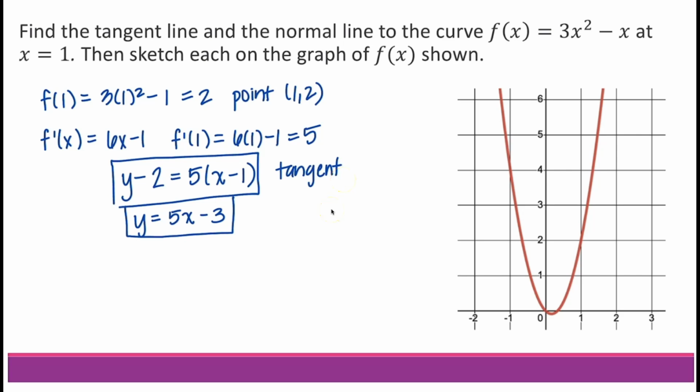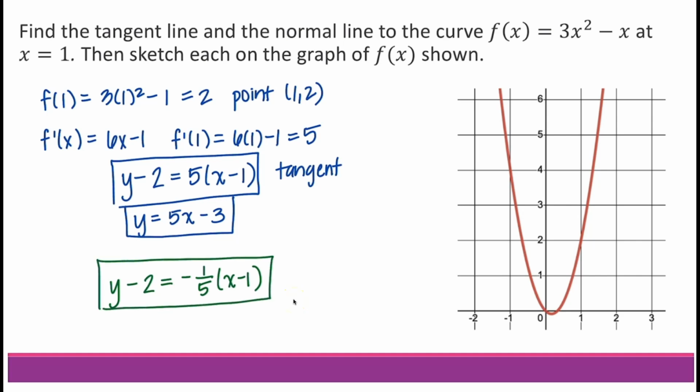Now, to find the normal line, I'm just going to change the slope. So to find the normal line, I'm going to still start with y minus 2 is equal to -1/5 times the quantity x minus 1. So we take the tangent slope, we make it the opposite sign, so it was positive, we make it negative, and then we take the reciprocal of the slope, so 5 over 1 becomes 1 over 5. So here is my equation of the normal line